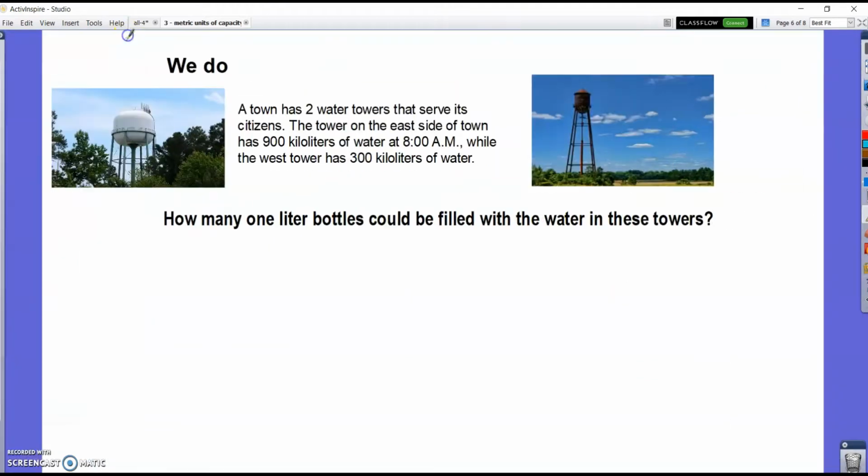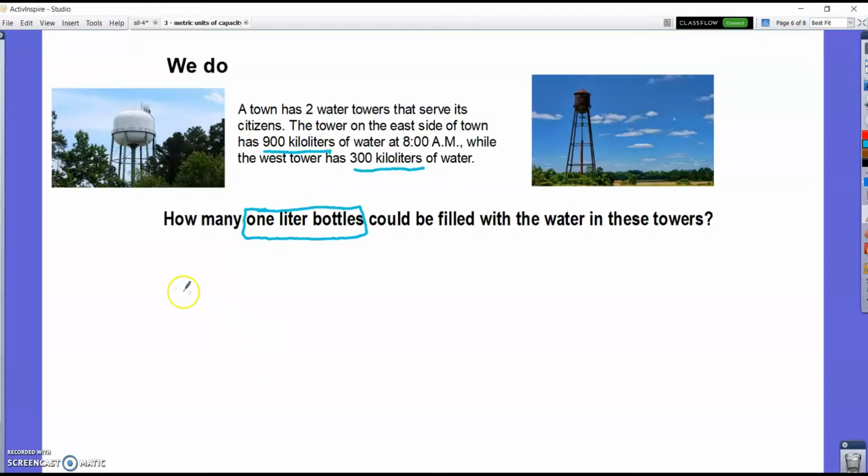So a town has 2 water towers that serve its citizens. The tower on the east side of town has 900 kiloliters of water, while the west tower has 300 kiloliters of water. How many 1-liter bottles could be filled from these water towers? So if this is the water supply for a town, how many people could fill up a 1-liter water bottle? I have to hold it back. When I hold it here, it looks huge. To see it next to me, something you can compare it to. So how many of those could we fill up from these water towers